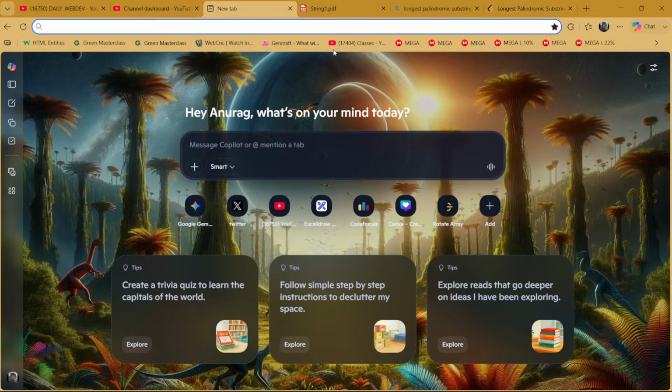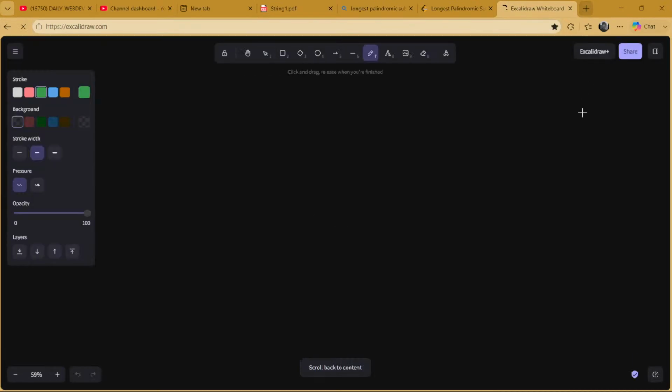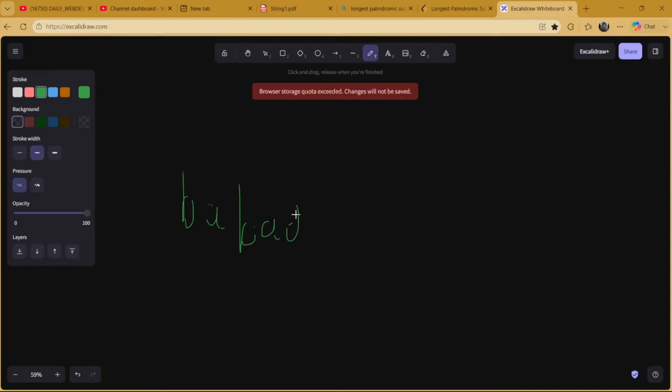We can try to solve this question with another approach. So how can we solve it, let's see. If the given string is BABAD, what we have to do in this question is find the longest palindromic substring. First we have to find all the substrings that we can create from this string. So there is B, then